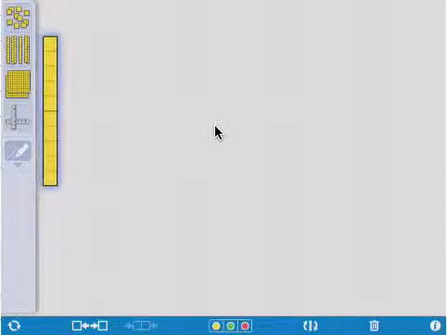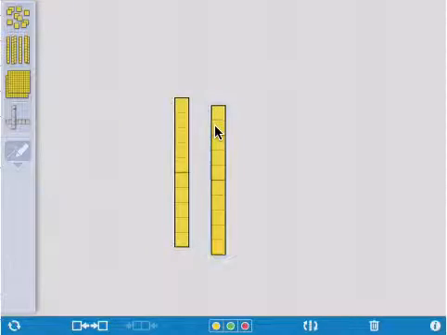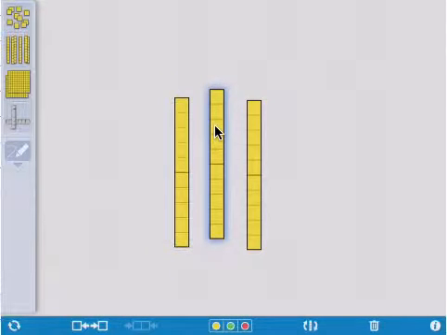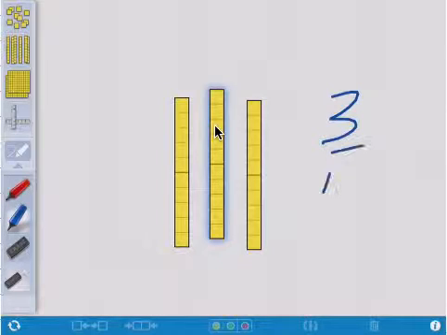If you had this in fraction land, this would be known as 3/10. In decimal land, it looks like this,